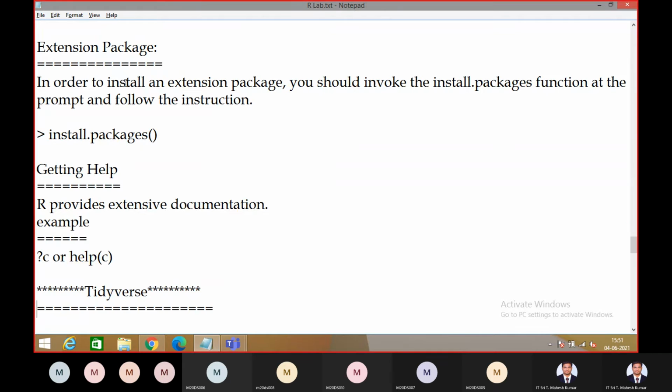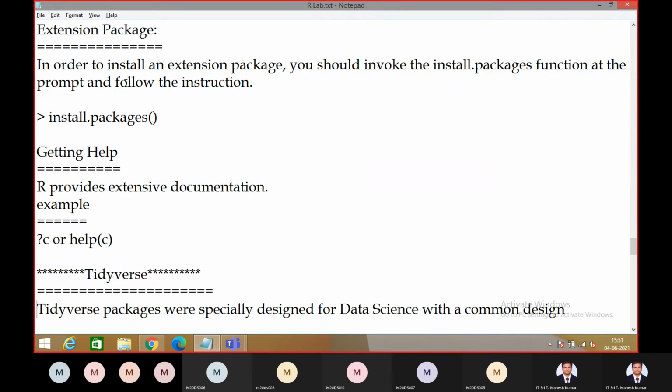As a self-learning topic, you have to go through if conditions, loops, switch, next, break, all these things. Next one is extension packages. If you want to install any packages, see here, this is the function install.packages.